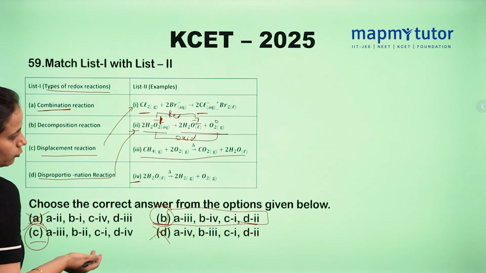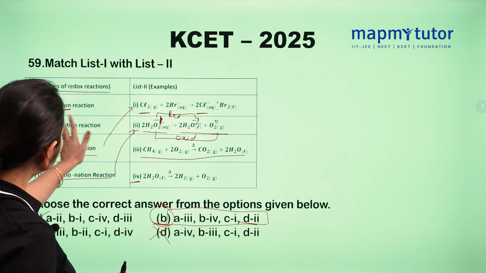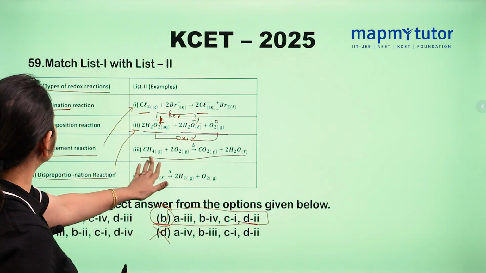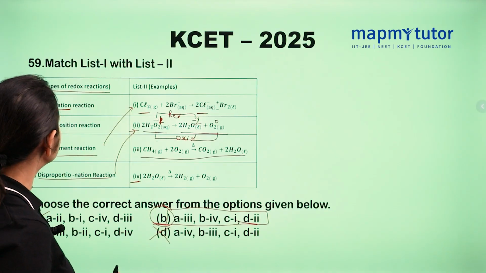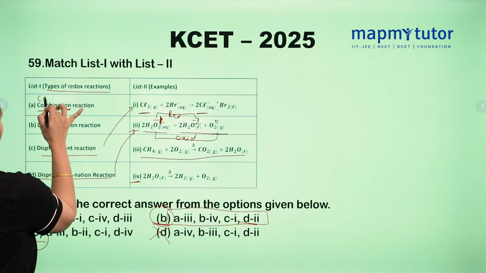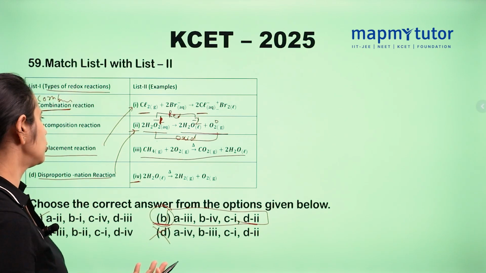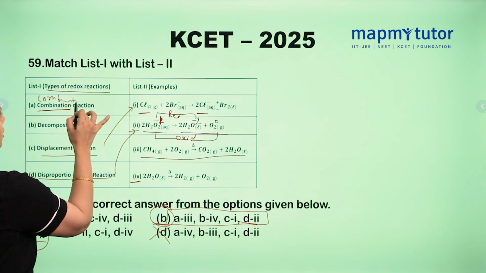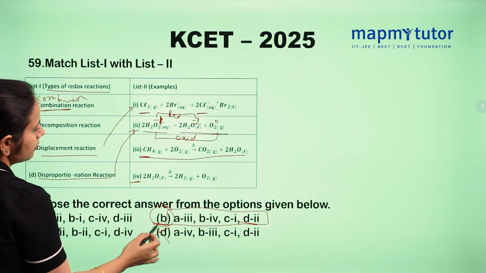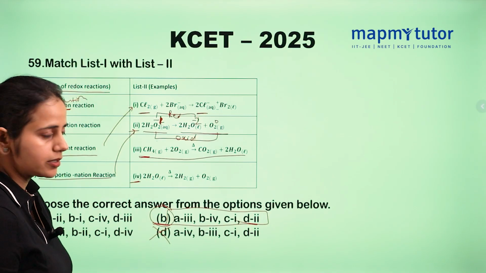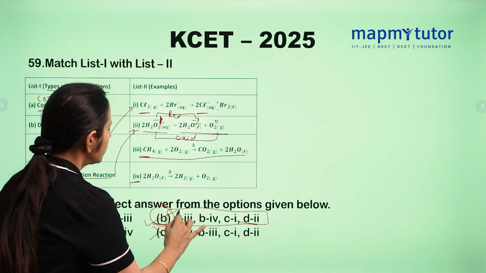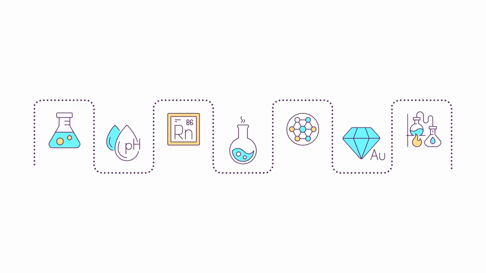So this is the right option. Most appropriately, we can use this only, because for the combination reaction, we can't understand. This is not a combination reaction. No one is there, where we can also give a combustion reaction. So there's a little mistake in the question paper. So you consider this as a combustion reaction and this is a combustion reaction. By assuming this, B is the right option. Okay.